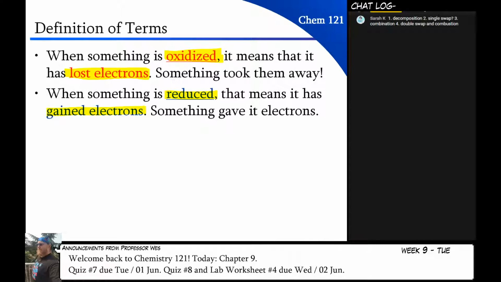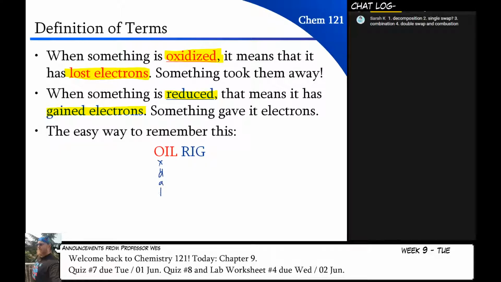Now, how do you keep this straight? And the answer is OIL RIG. And so if we write the first letter of each of these, and you probably see it up above, it's all highlighted, right? So oxidation is losing electrons, and then reduction,